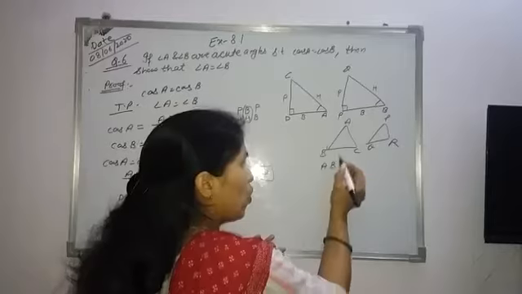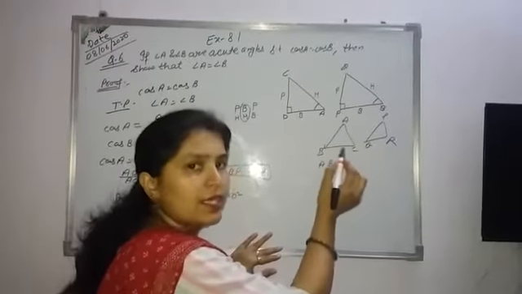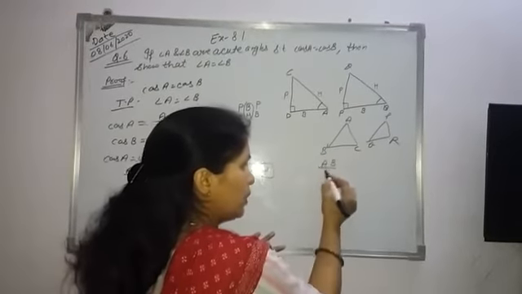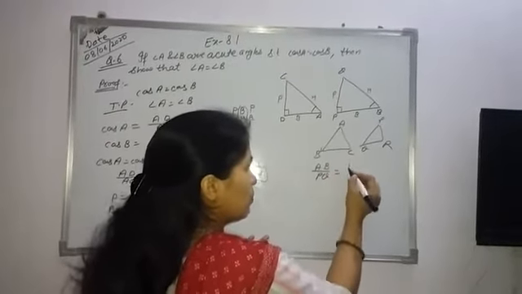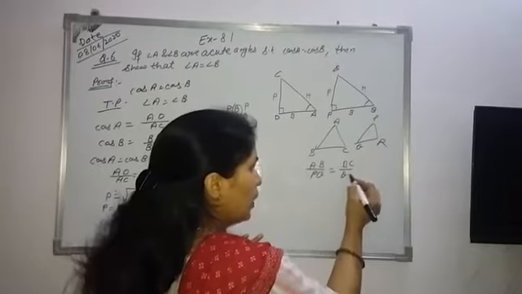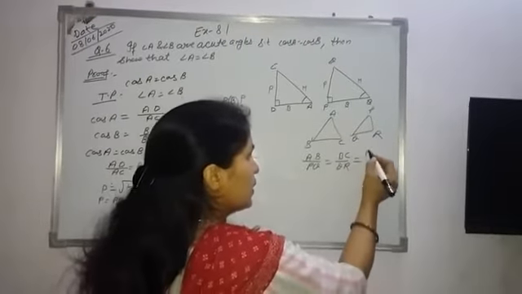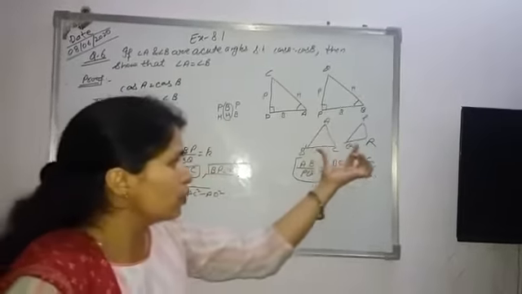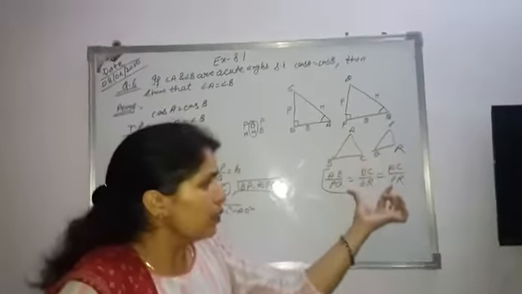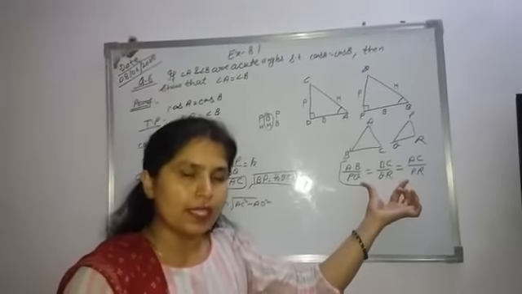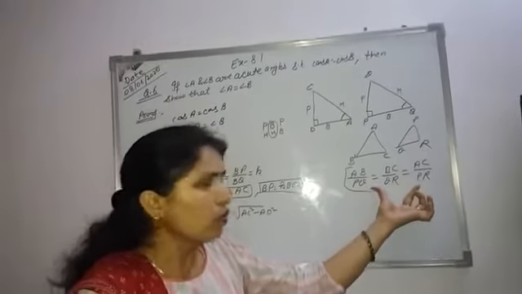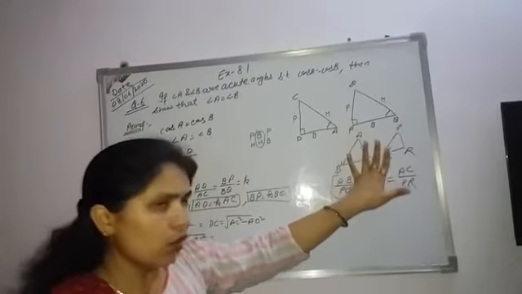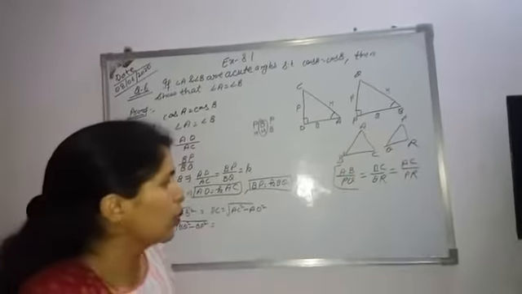That the ratio of their corresponding sides is equal. Ratio AB divided by PQ is equal to BC divided by QR is equal to AC divided by PR. This is the result: if two triangles are similar, then the ratio of their corresponding sides are equal. And if the ratio of their corresponding sides are equal, then we can say that corresponding angles are also equal, and